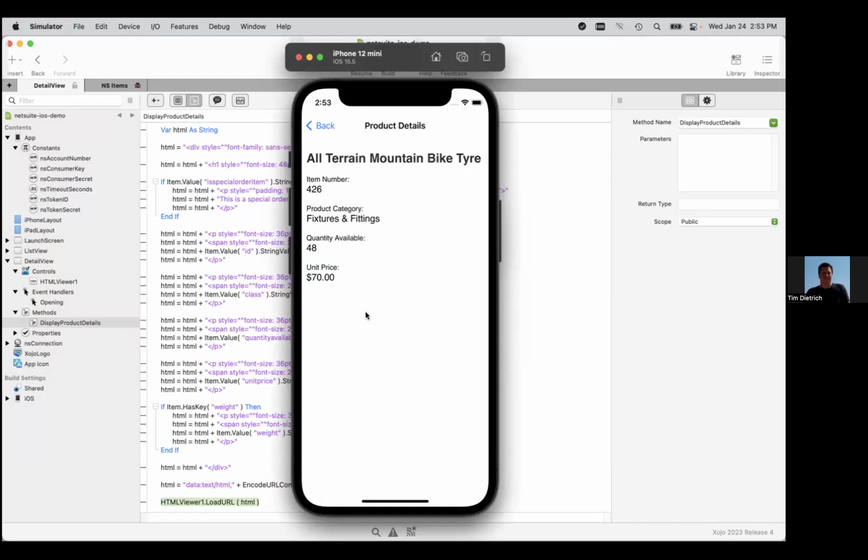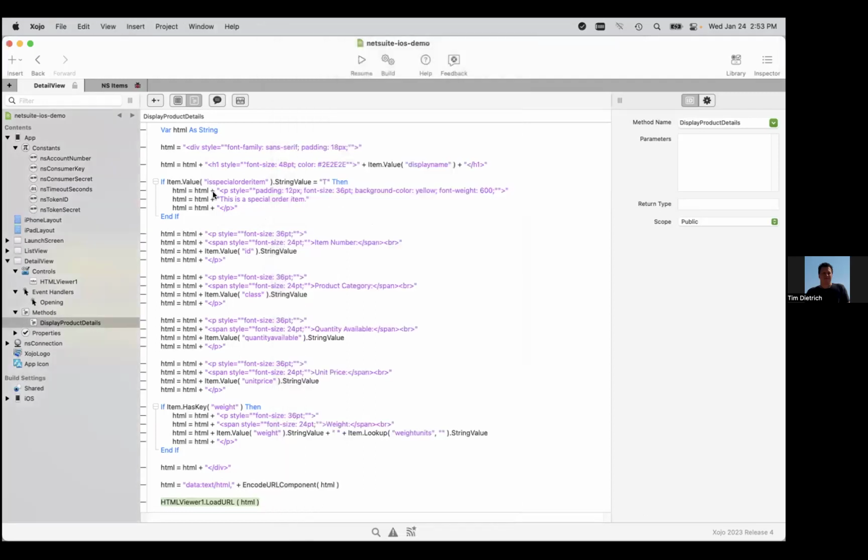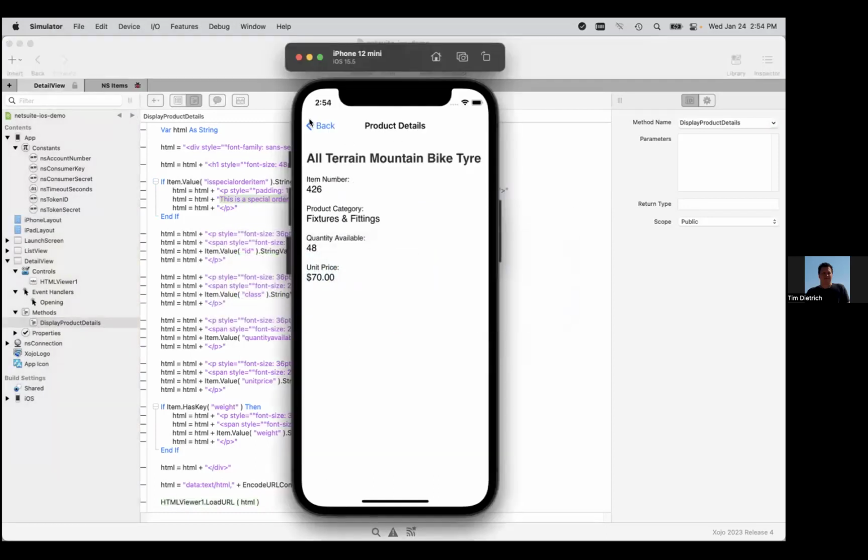One of the things I really like about using this approach is, number one, it's fast. Once you get that query response back for the list view, you have everything you need to go from there to details. But the other thing about it is with HTML, I can put conditional code in here. I don't know if you remember, but that one item I looked up was a special order item. And so if it's not a special order item, you don't see that, for example, in this product. But if I go back,